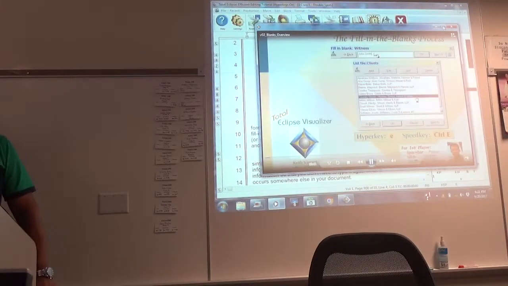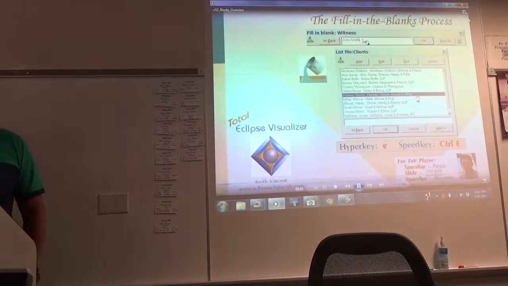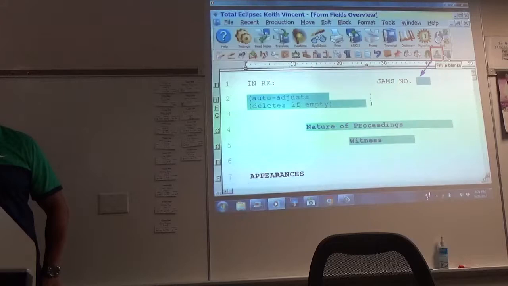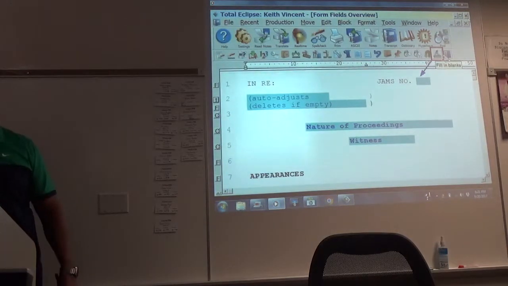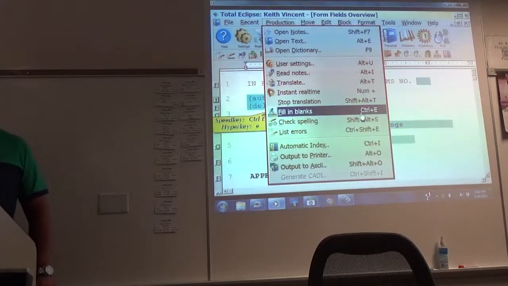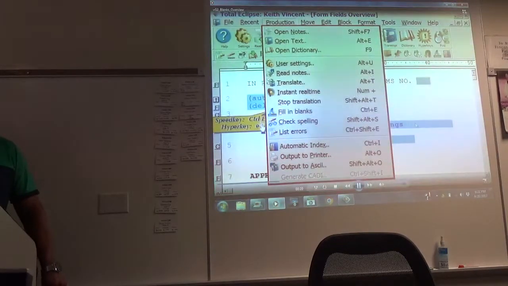Let's see how Total Eclipse form fields make it easy to fill in the blanks for information that changes from transcript to transcript. There are several ways to begin filling in the blanks. You can click on a toolbar menu, or go to the production menu, or use speed key Control E, or